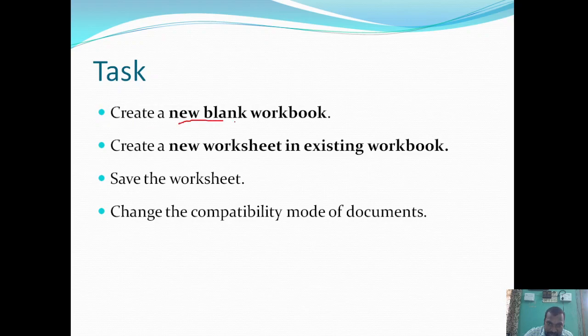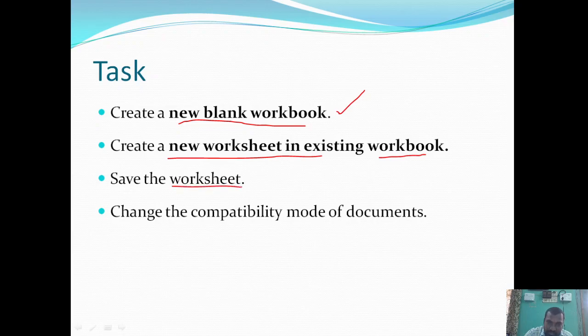Try to create a new blank workbook and then save that workbook. Then try to create a new worksheet in the already saved workbook. Then try to create a new workbook by using the already existing worksheet.